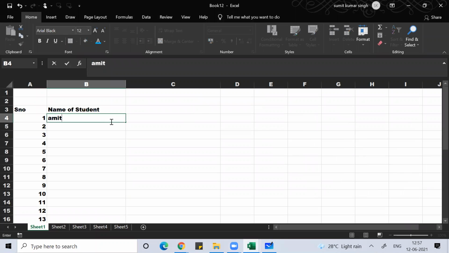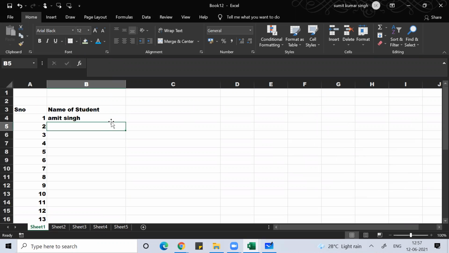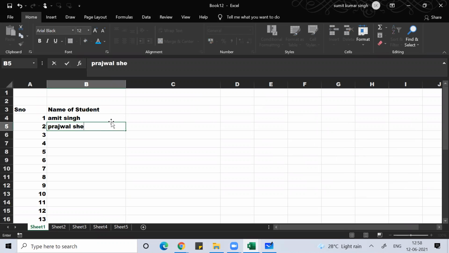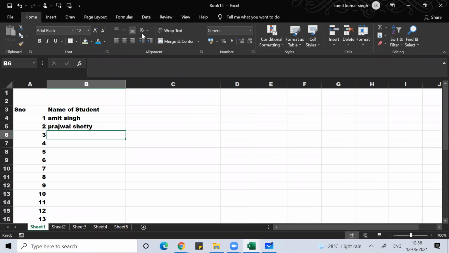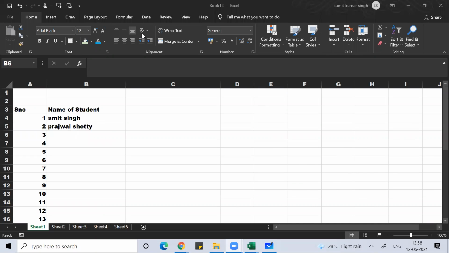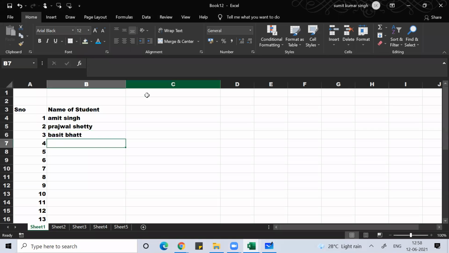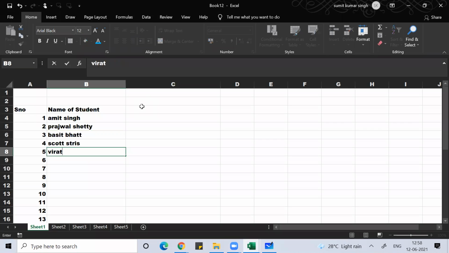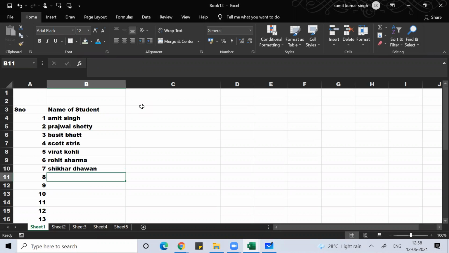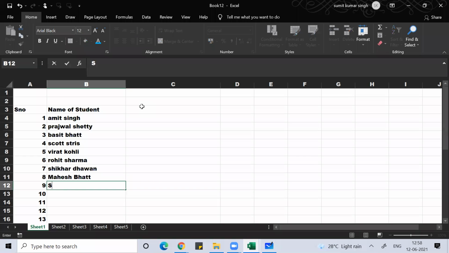Suppose I put some names like Amit Singh, Basit, Scott, Tyrese, Virat Kohli, Rohit Sharma, Shikhar Dhawan, Narendra Modi, Mahesh Bhatt, Salman Khan. I'm simply putting some names.